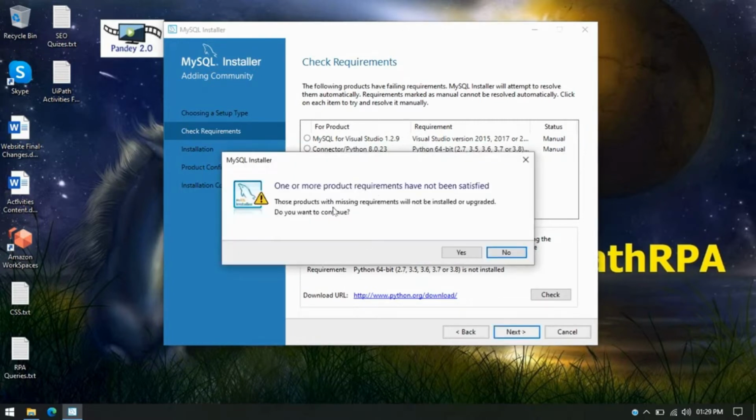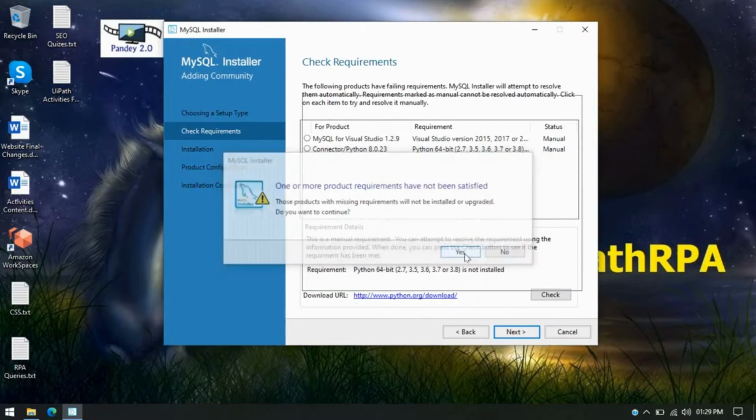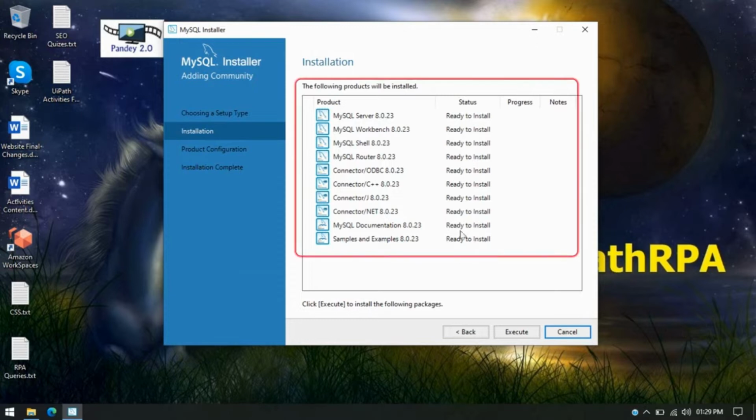It says, those products with missing requirements will not be installed or upgraded. Do you want to continue? If you want to select any of those, you can, otherwise you can say yes, I'm okay. Then you can see these are the things we are going to install in our system: MySQL Server, MySQL Workbench, Shell, Router, and all these things. Now click on execute, and you can see one by one it is installing all these